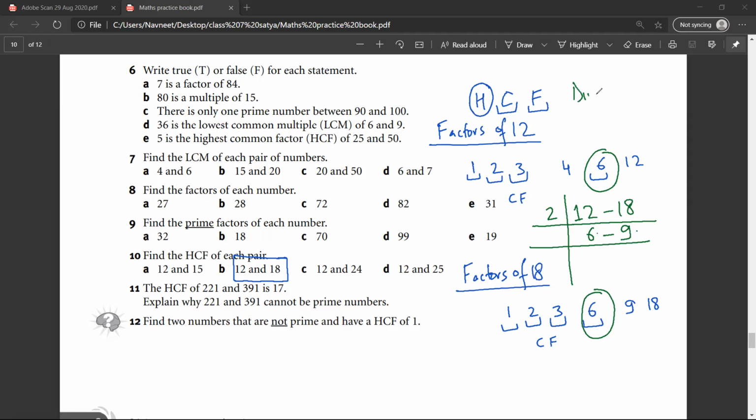Satya, are you aware of divisibility rules? But not too much. Okay, so what I'll do is, Satya, I'll send you divisibility rules. Have a look at the divisibility rules. Will you be able to do that? Yes, sir. And another thing that you need to do is, at least in this week, you need to get your tables from 2 to 9 perfect. Otherwise, you will be in trouble. Have you understood? Yes, sir.